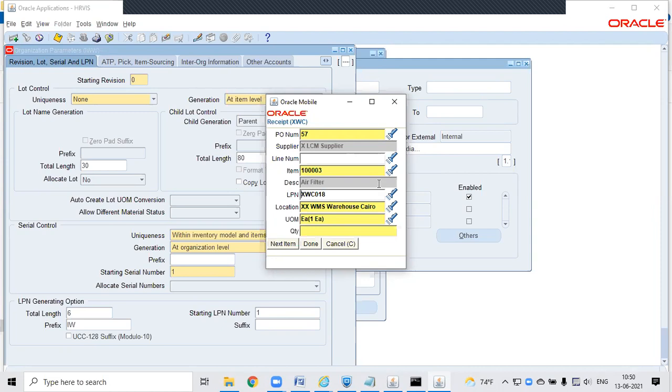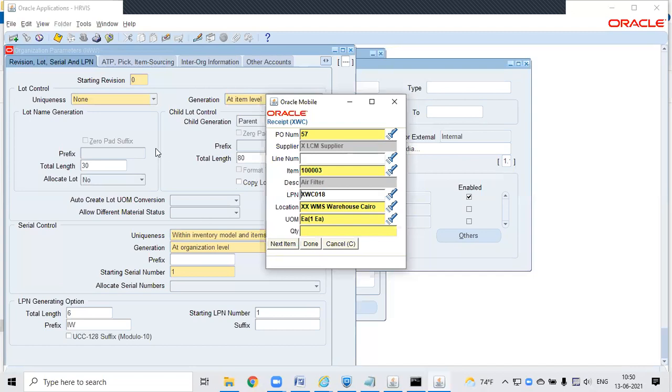Clear, I think. Okay. Any doubt on this, or is it clear? No, do you mean to say, did I get clarity on the purpose of this pre-generated LPN? So either you can generate at the time of receiving, or the warehouse manager will create predefined LPNs and keep them ready for the user, right?